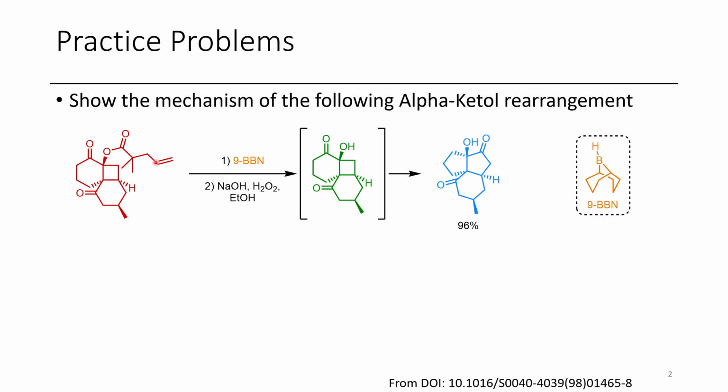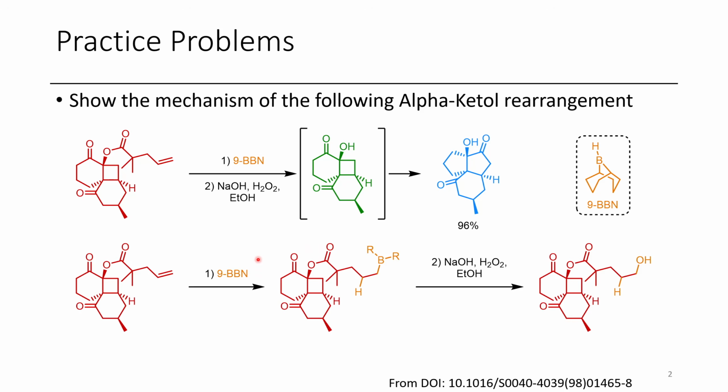So in this first reaction, we initially have a hydroboration reaction followed by treatment with base and peroxide. The goal of this question is to get you to figure out how this reaction occurs. Initially, this 9-BBN, which is a borane, is able to do hydroboration across this alkene. We can then undergo an oxidative cleavage of this borane through a 1,2 shift with hydrogen peroxide, giving us this